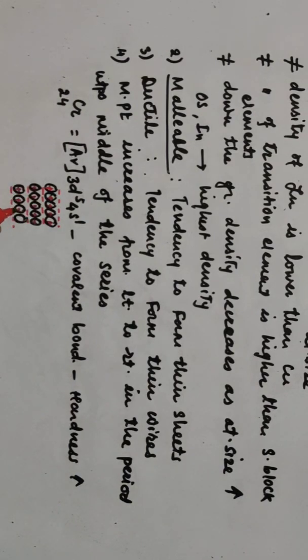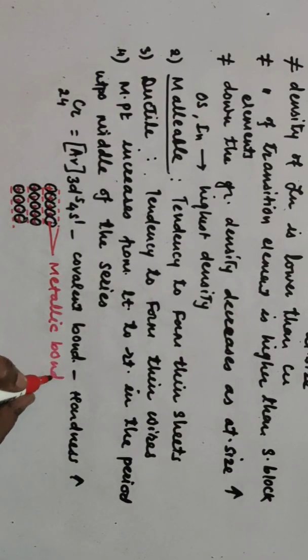There is a flow of electrons in between the positive charges in the crystal lattice of the transition metal, and so the positively charged metal ions are attracted towards the negatively charged cloud of electrons in the crystal lattice of transition metals, and this attraction is called a metallic bond. Metallic bond, and this is also a strong bond.